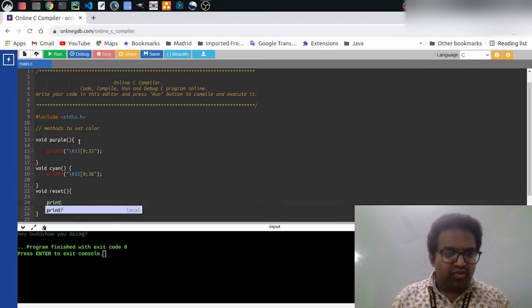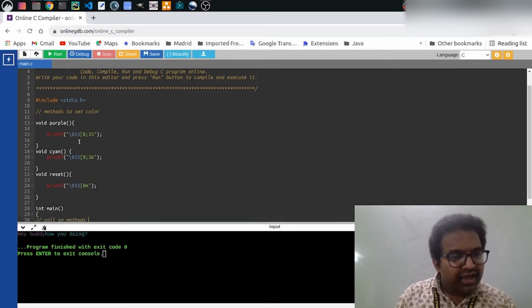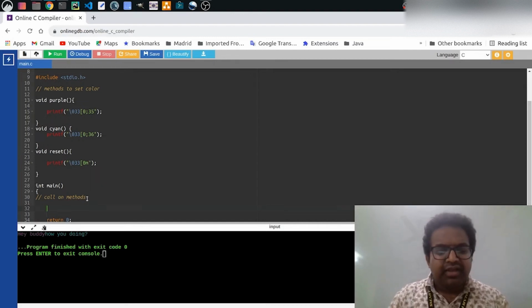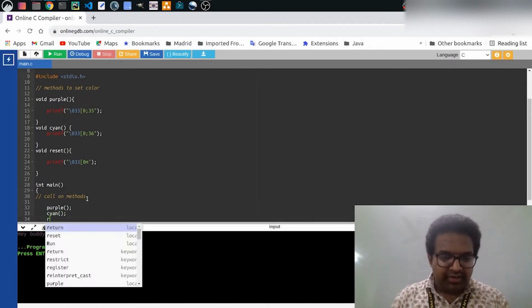And now to reset the color code, I might use slash 033 [ 0 m, is that right? Yep. Okay, now we have to call these methods. To call the methods, it's pretty simple, it's pretty cool. Purple and cyan and reset,